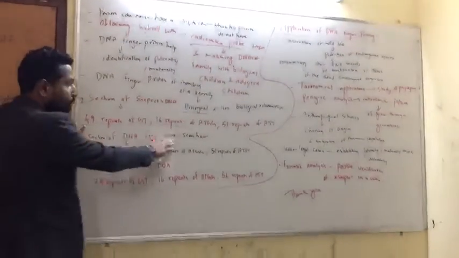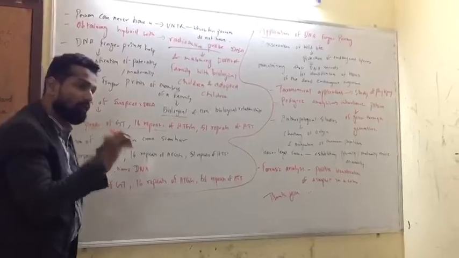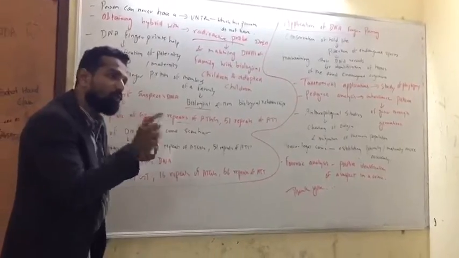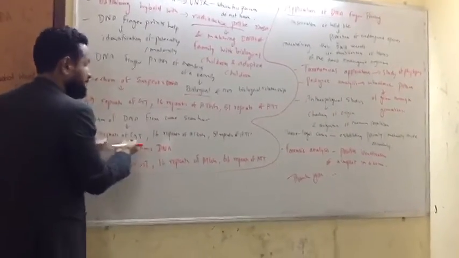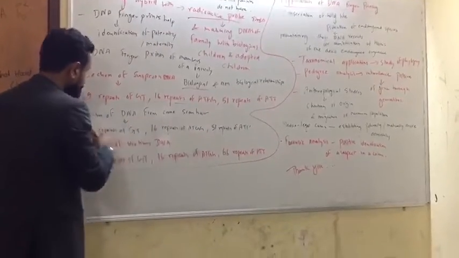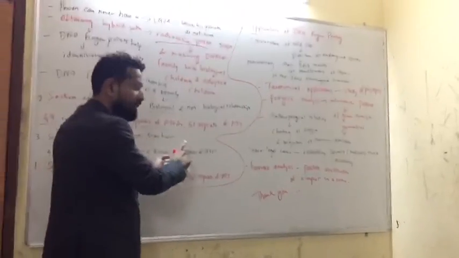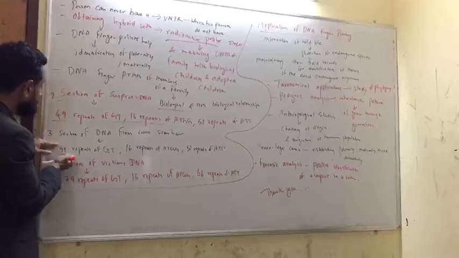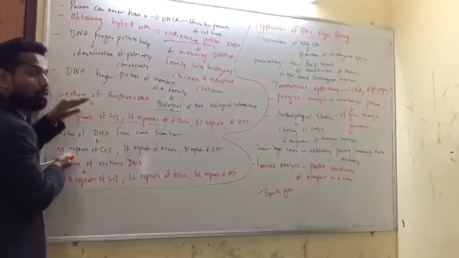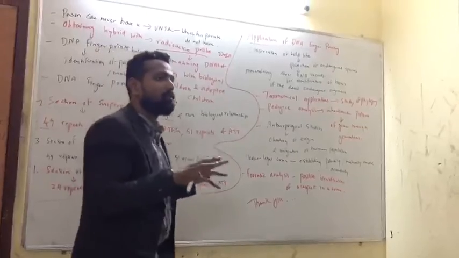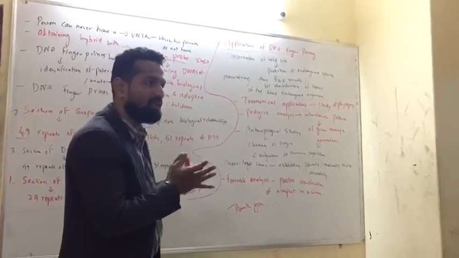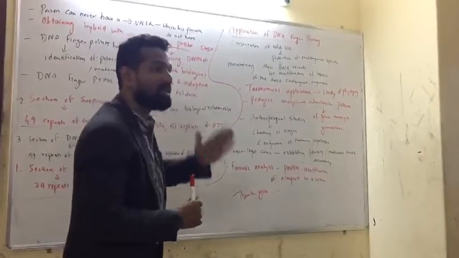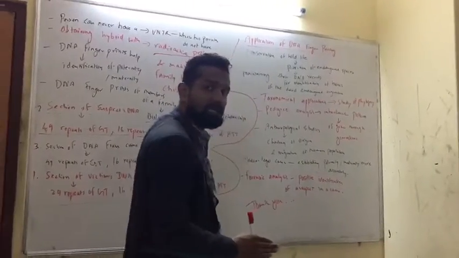Let's understand. The sample the officer collected at the incident, like hair or a blood drop, gave DNA with this VNTR: 49 repeats, 16 repeats of ATGG and 51 repeats of ATT. It was completely matching with the suspect, the one you doubted. So ultimately the doubt will be cleared. Whomever's DNA matches the same VNTR will become the report. Did you understand till here? That is how we have to understand the DNA protocol, which is completed till here.